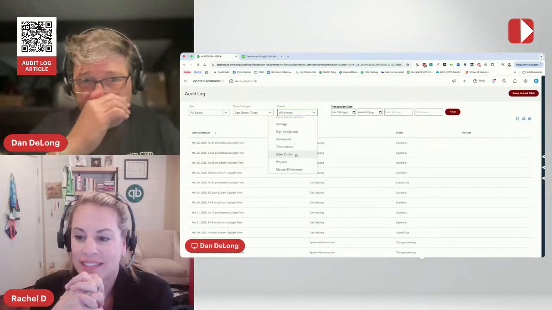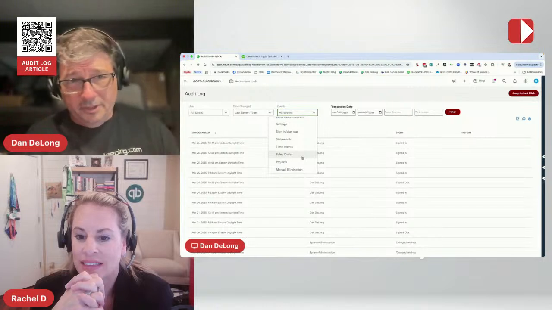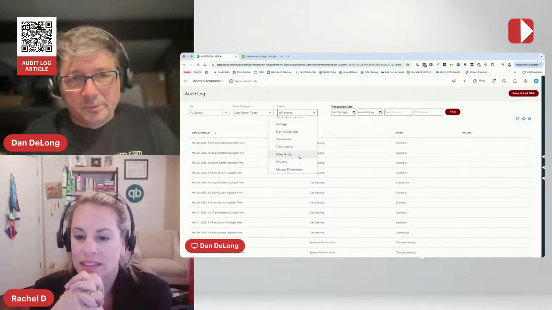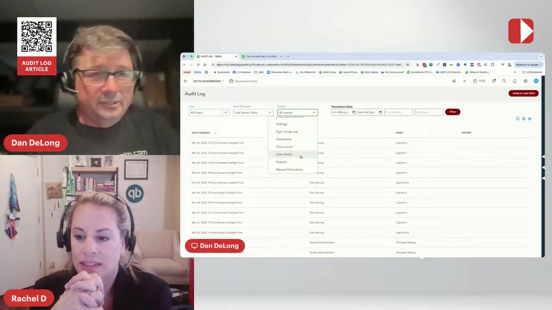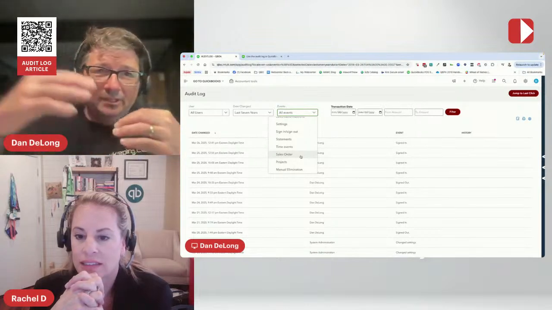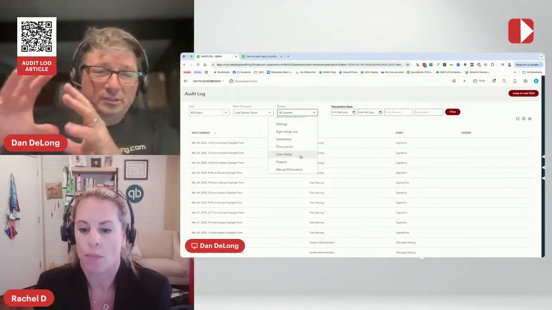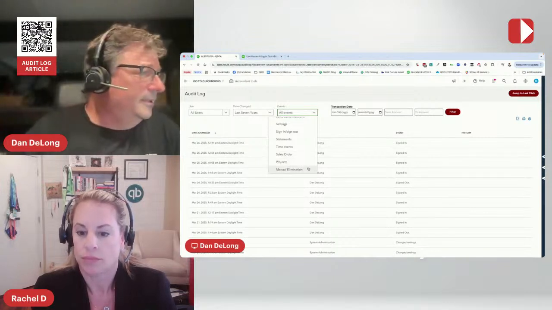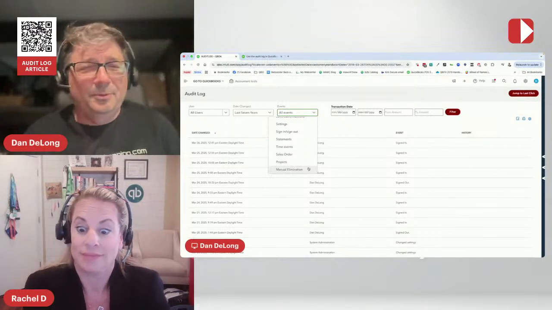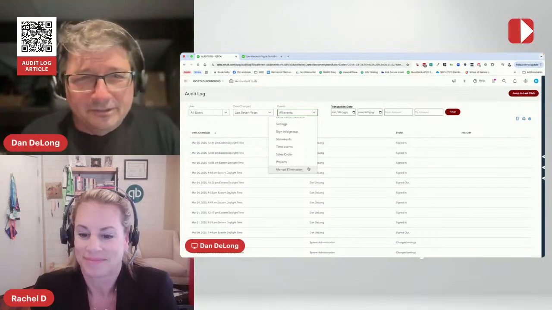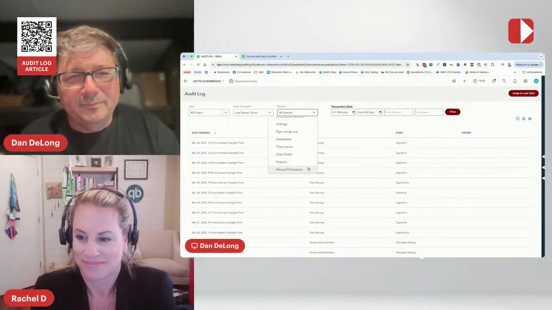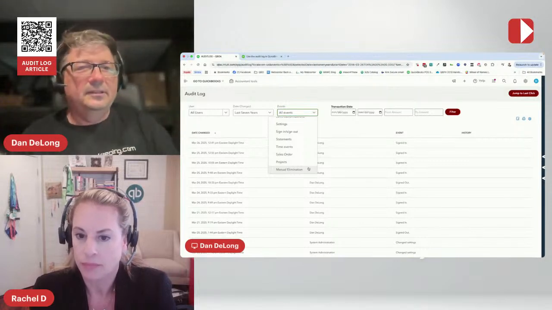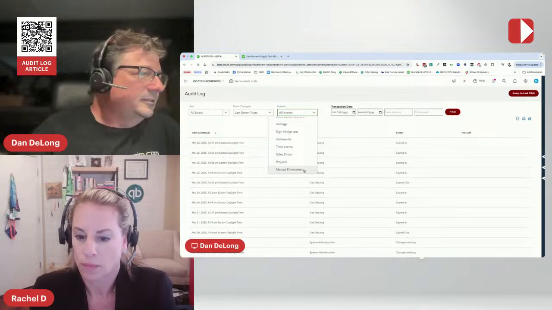Sales order. This is something that we talked about with Matthew with QB Commerce. There's now an option for sales orders. So if you're doing something specifically with sales orders, you can look at those. So this is now getting into the next level of the audit log of being able to choose specific types of transactions. And then we have projects, and then manual elimination. That's probably not a great thing to see in the audit log, but that's dealing with fixed assets. So when you eliminate a fixed asset and you want to see that specifically as an event, you can